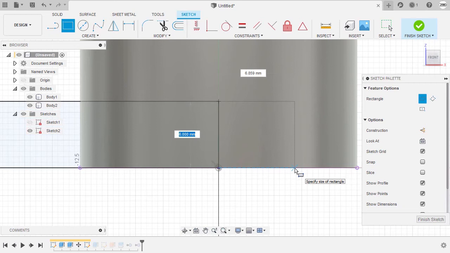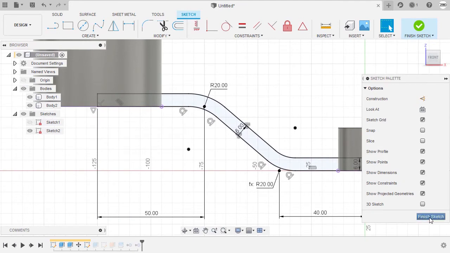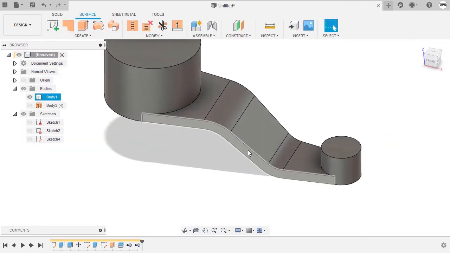So with the dimension highlighted, I'm going to key in 6 and a 6, just to have a value. So once more, we need to go way past this point to the right. I'm going to hit enter. Let's zoom out. Selecting finish sketch. And let's select that feature, which is